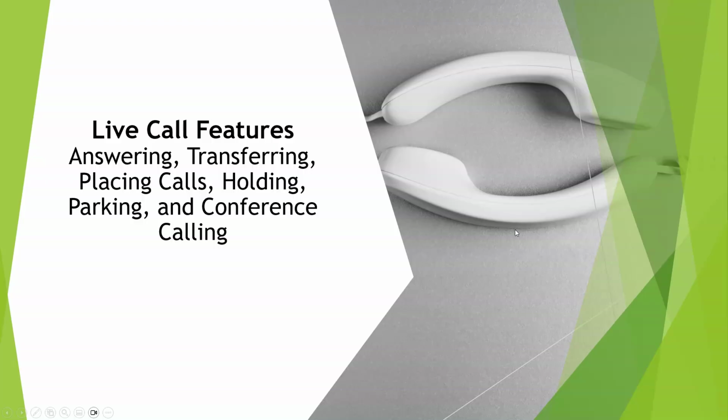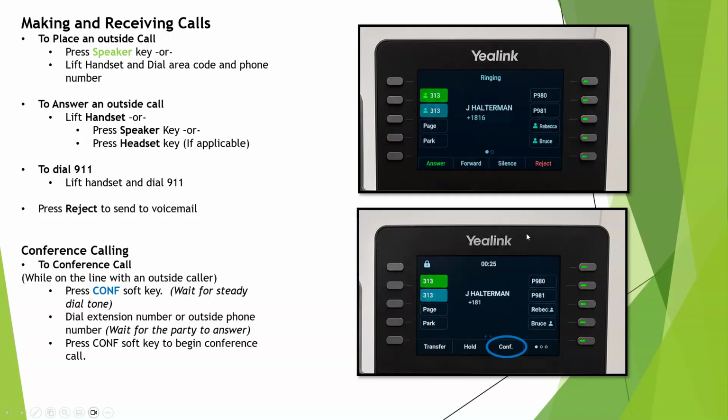Going over into live calls, so we'll talk about answering, transferring, parking, conference calling, all that good stuff. First and foremost, to place an outside call, you're going to lift the handset or press speaker, and then dial area code and phone number. With these phones, it's like a cell phone. You do need to include area code and phone number, but that's it. You just literally dial, for example, if you're calling ServiceMark,